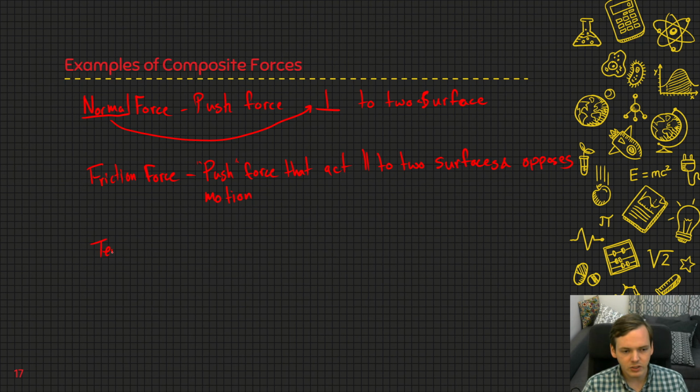Next, you've got tension. And this is a pull force that acts along a cable or a rope or another object. Basically, if you're pulling on a rope, however strong you're pulling, that's the tension throughout the entire rope, and it results on the other side in being able to pull on the object or whatever it's attached to. Then you've got a spring force,